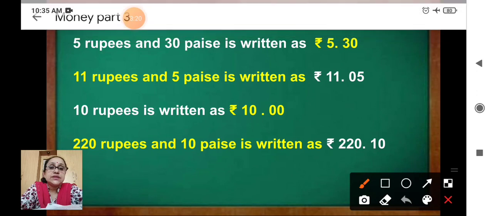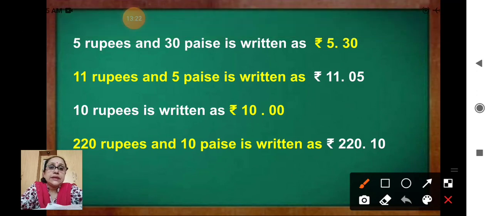Now just listen to me. 5 rupees and 30 paise is written as, now see how you will write, rupees 5.30. Okay, we are not writing P. Only you will write like this, rupees 5.30. 11 rupees and 5 paise is written as rupees 11, then give a dot. Now 5 paise, so we have written 05. Okay,